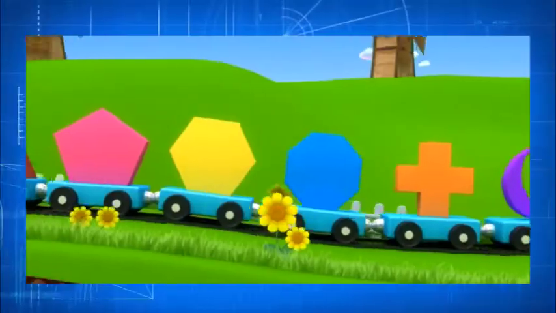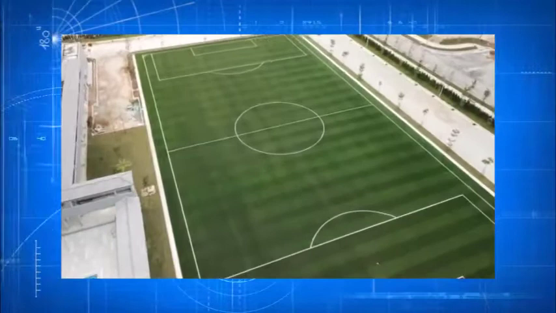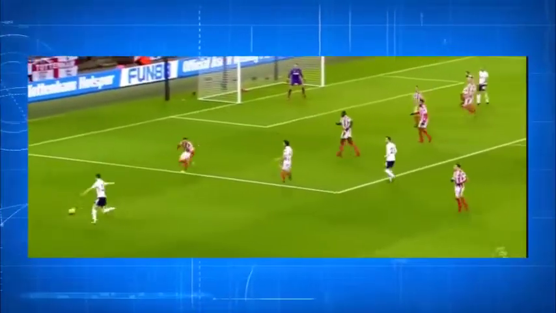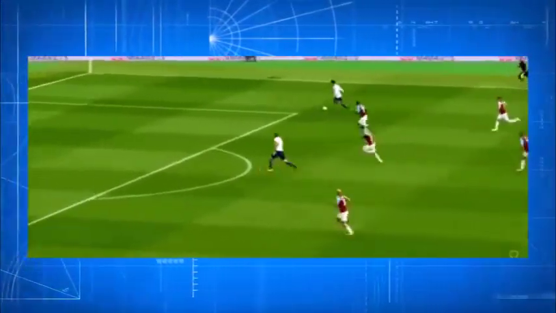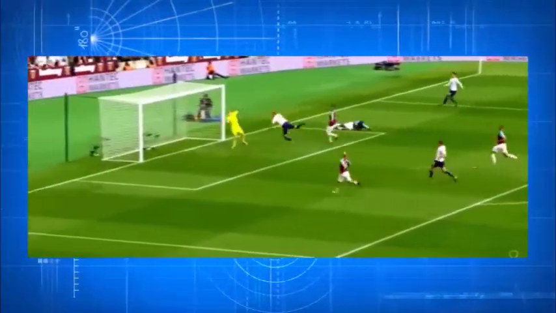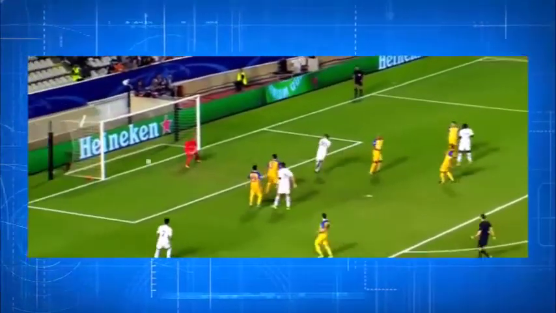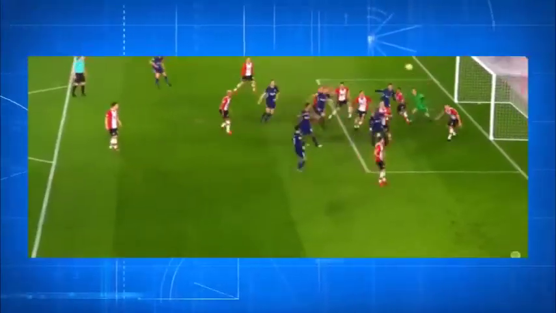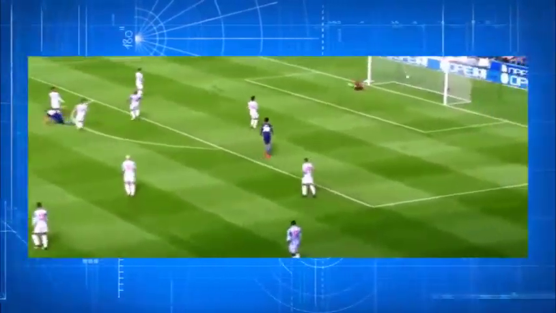Let me clarify. So a surface is something like a football field. Now if I ask you what is the position of the striker, you telling me that he's standing at the half line is not enough. If you tell me that he is standing at the half line, I know that he is standing at half distance from either of the posts, right? But if you tell me another piece of information, that he is standing at the half of the width as well, I will be able to figure out that he is standing at the exact center of the pitch. This is the position of the striker.